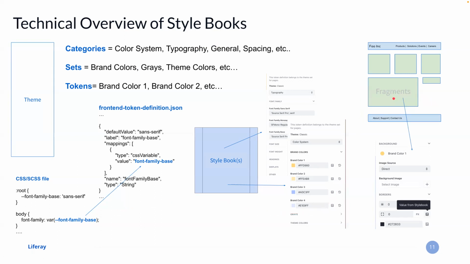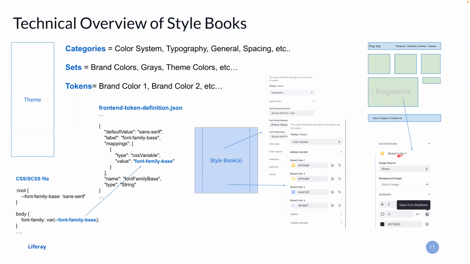One of the benefits of fragments versus widgets is that it allows a business user or content admin to easily make use of the values that you would define within the style book. So, for example, this is a standard set of what the styles would be for the organization. Maybe a content admin wants to, on a slider or a card,